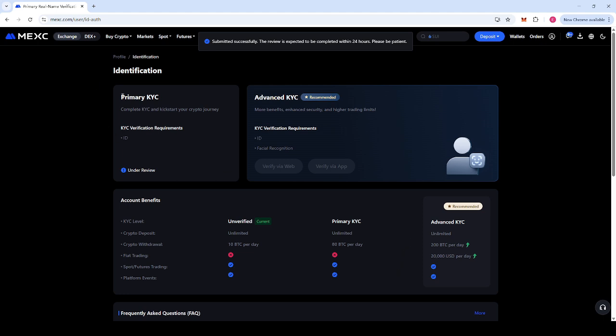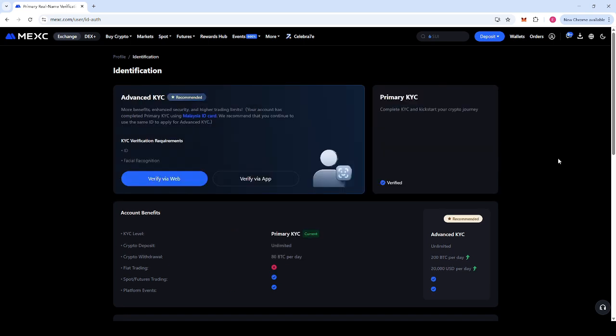So everything is okay and it'll be under review. And after primary KYC, you can do the advanced KYC, where you have to put in your ID and facial recognition.